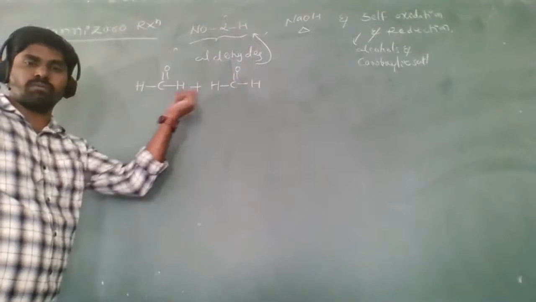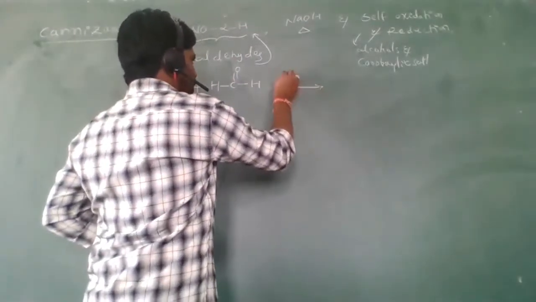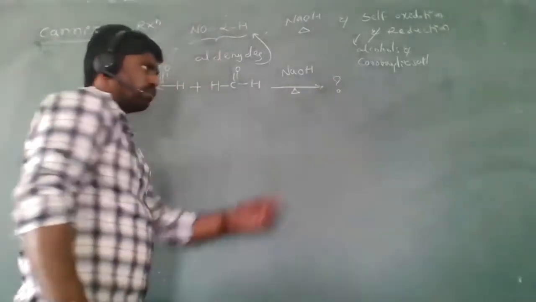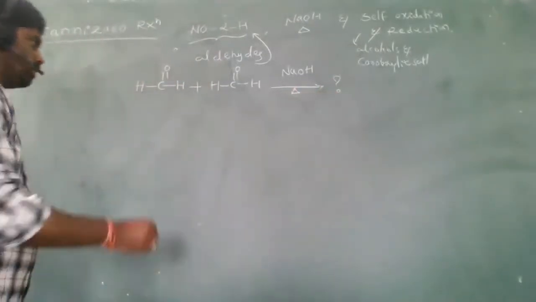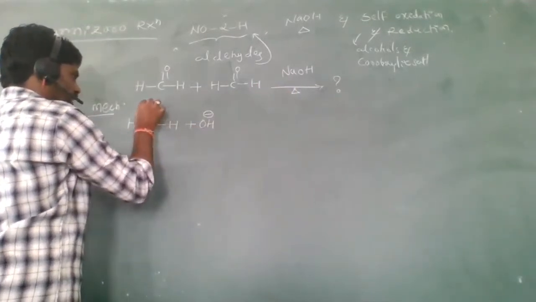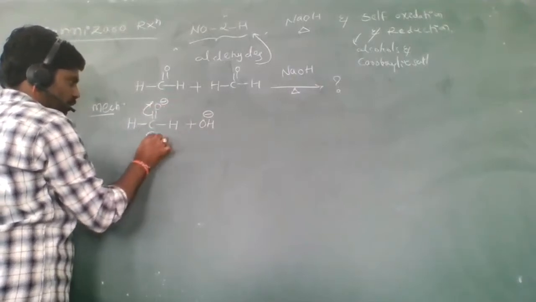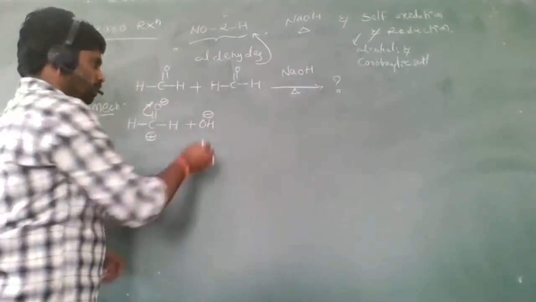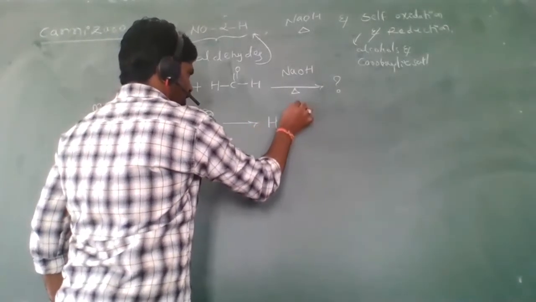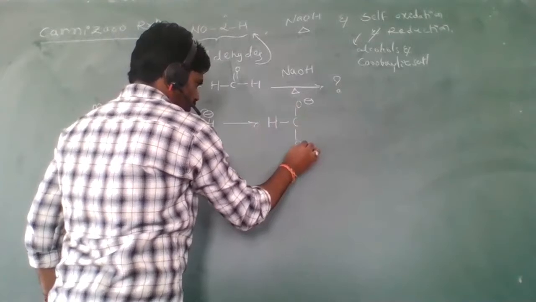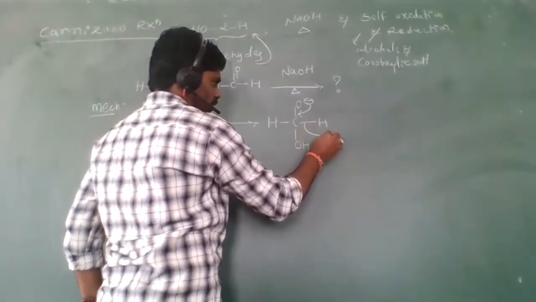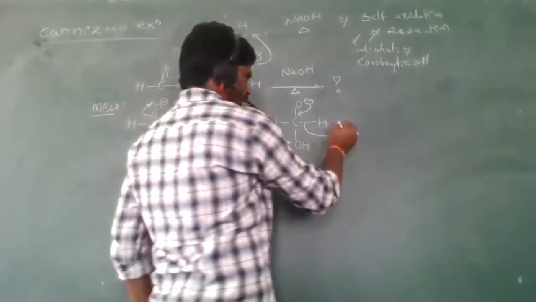So I am taking 2 moles of formaldehyde, in the presence of NaOH. What do we get in the product? We will write it after the mechanism. See here, the NaOH releases OH minus, and this electron shifts to the O because oxygen is more electronegative than carbon. The hydroxide bonds with the carbon, HCO minus OH. Now when electrons come to the carbon side, the hydrogen is removed as a hydride ion.